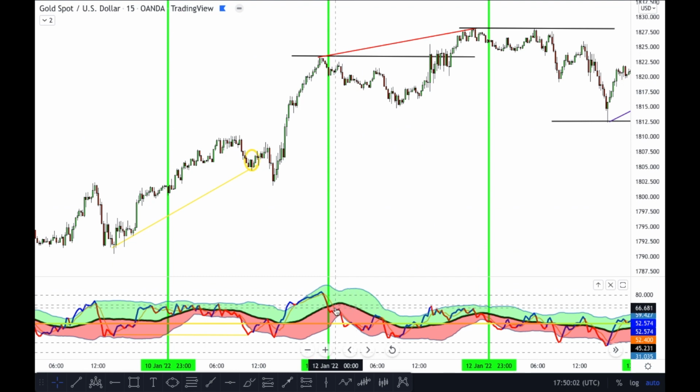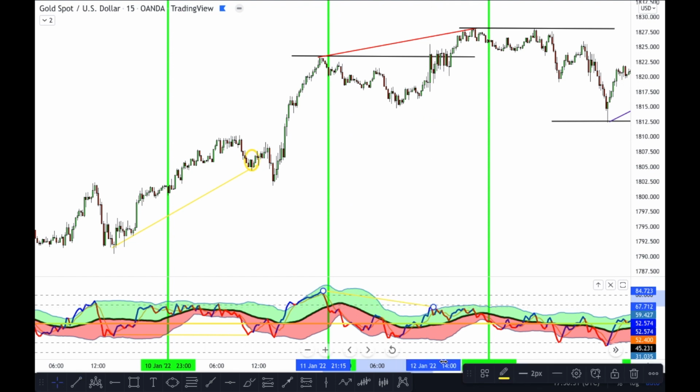So we can see now we're looking for a new divergence. We can see that there was a higher high up here. Now we're looking for a lower high on the TDI, but for price to be going up more. When we do mark this out here, let's see if we see something here. So we have seen price had created a double top. We have seen the TDI has created a lower high, but what we haven't seen here is the trade we wanted to be able to take.